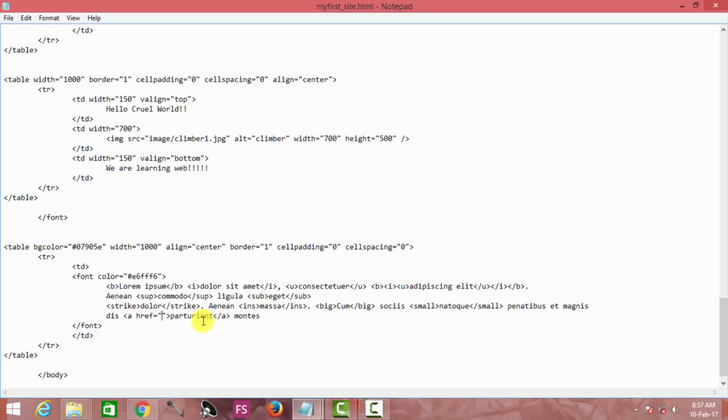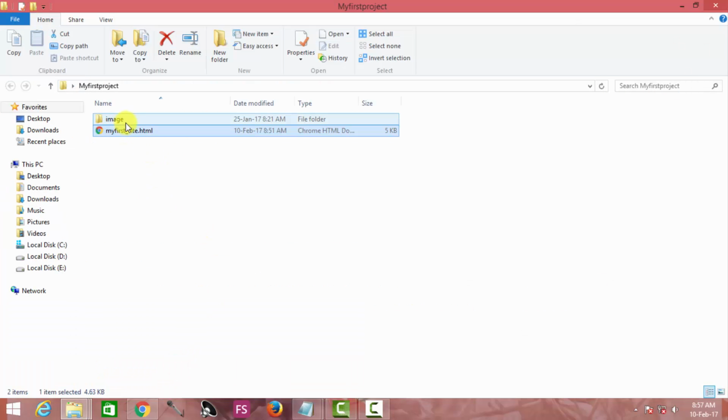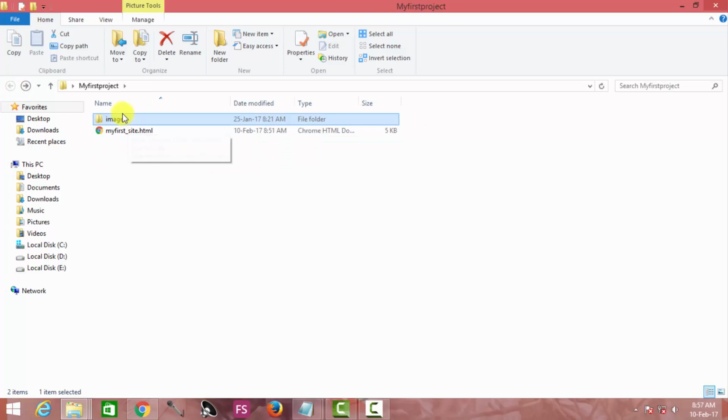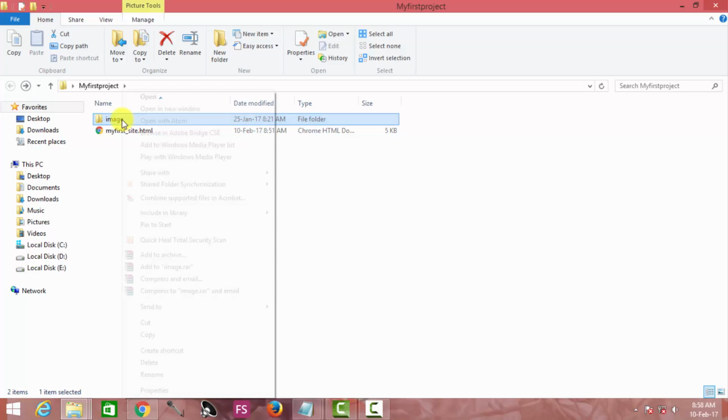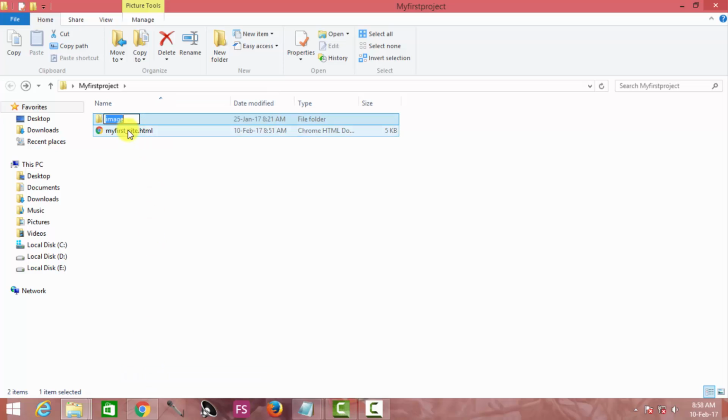So first of all, we are trying to open a new image here. In doing so, we have to go here again, and this is the folder which is known as image. As we did previously, we are pressing F2 or right clicking on it, going to rename, and then copying this directory or folder name.